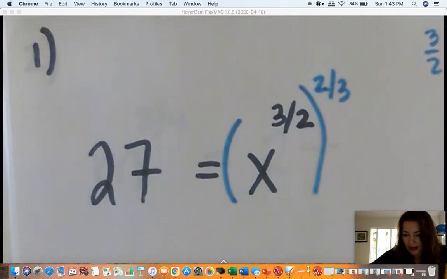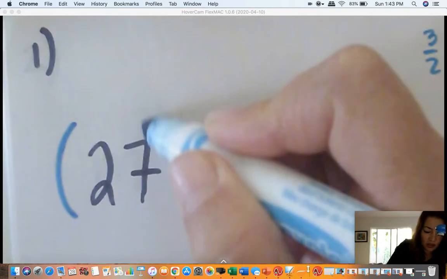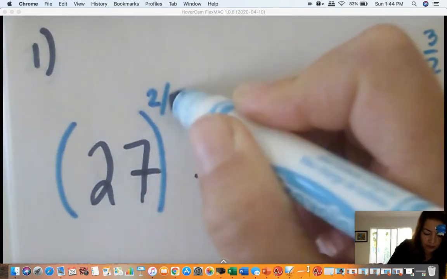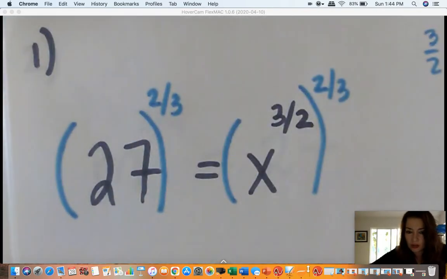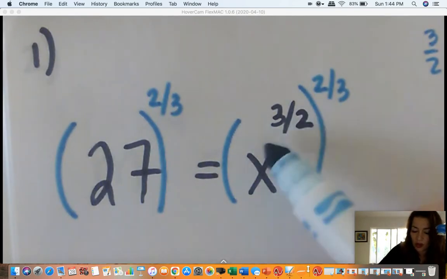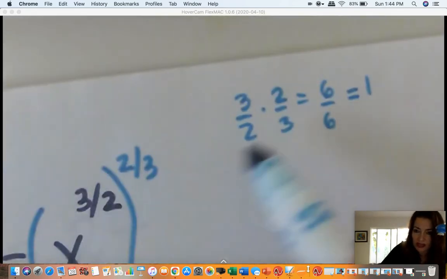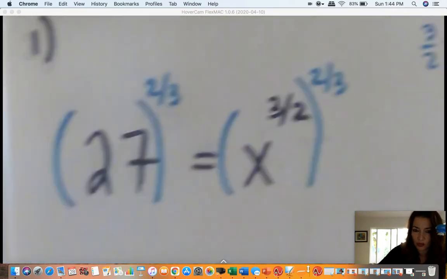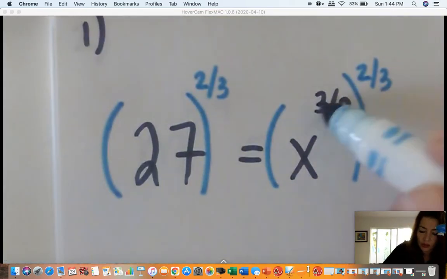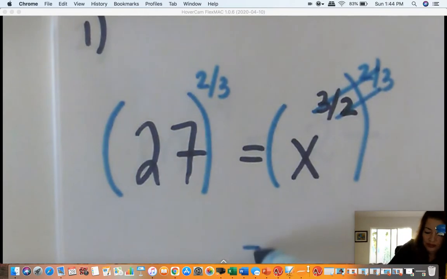But if we raise the right side to the 2/3 in an equation, whatever we do on the right side, we must also do on the left side. So I'm going to raise 27 to the 2/3 as well. Once we do that, then we could look at the right side. This will multiply out, will become 6/6, which is 1, which was our goal. So this will cancel out, and we will end up having x equal to 27